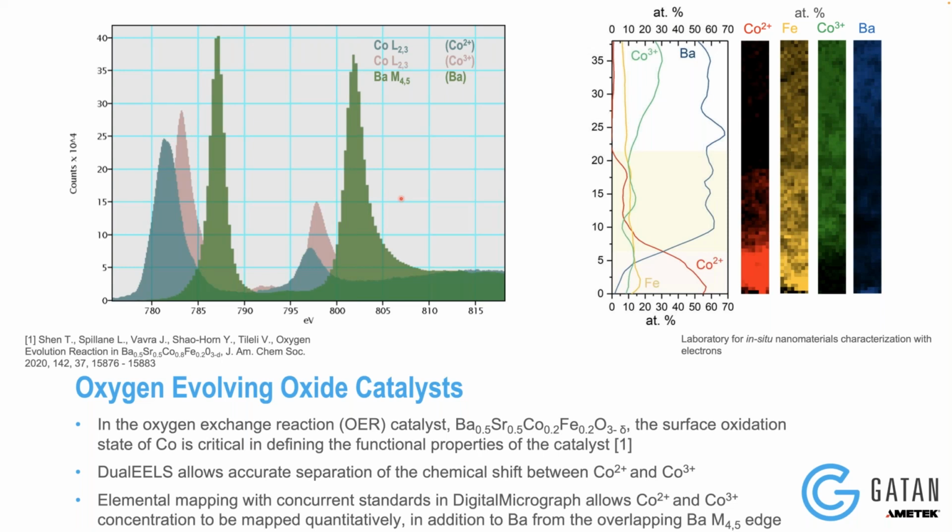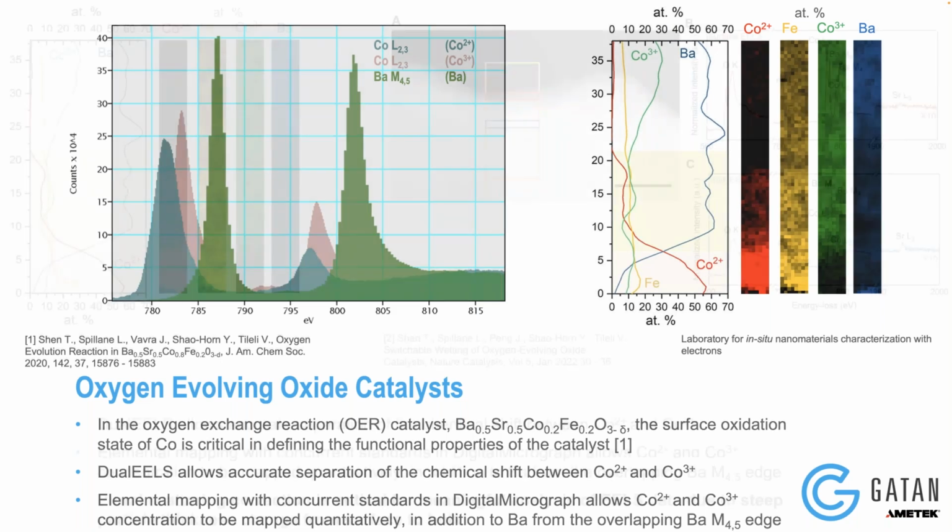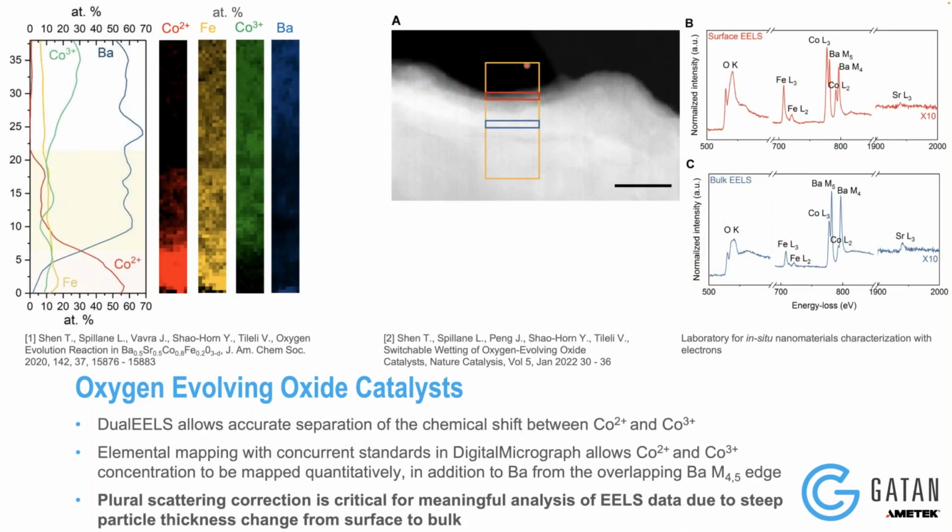Now, there's something else that's also key to this. So this is the geometry of this particle, as we've seen for all of the other particle-based samples that I've shown. So we have obviously vacuum area here. So this is not the same sample, but it's representative data. And we have this thin area on the edge, and we're going into somewhere that's significantly thicker in the